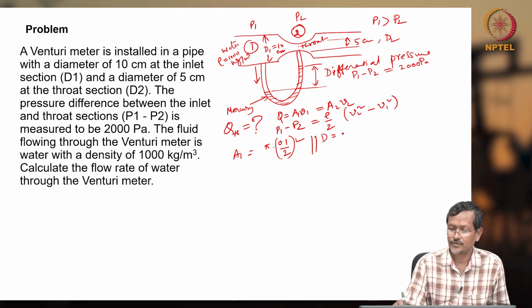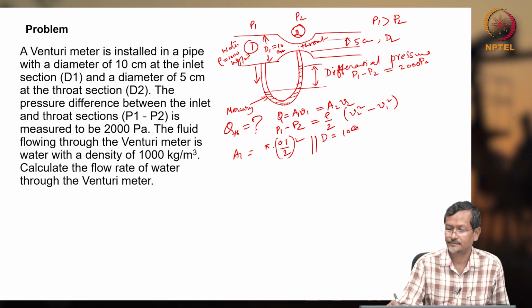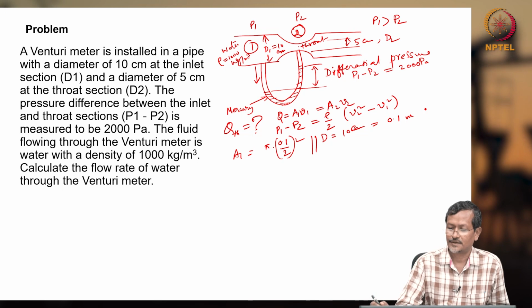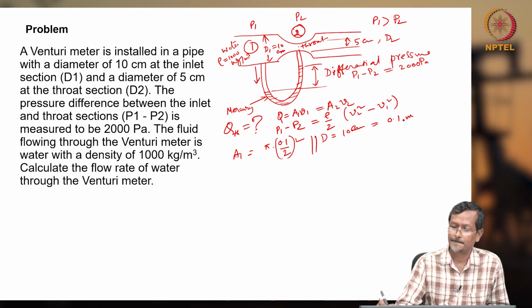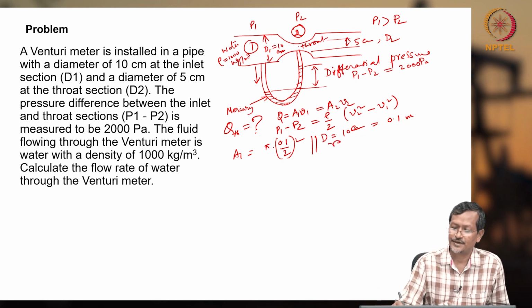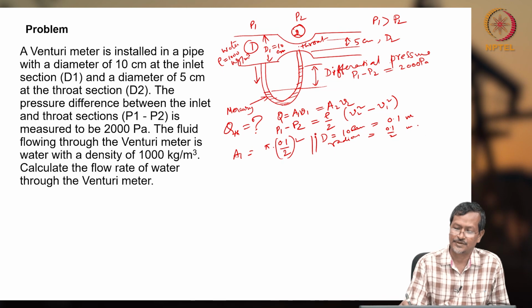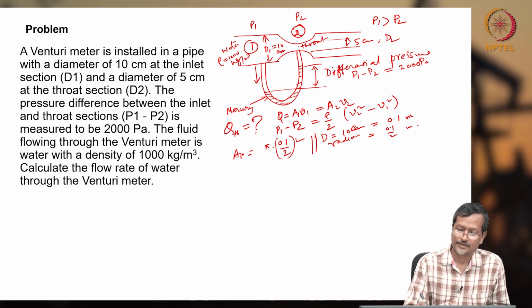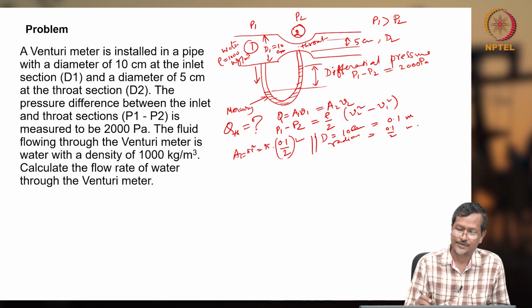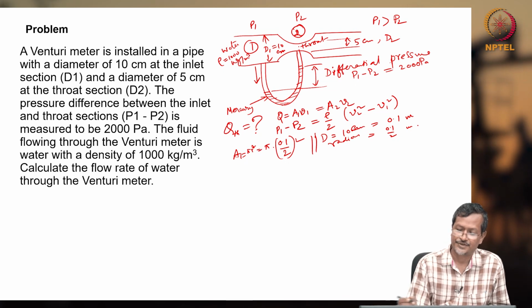Here d equals 10 centimeter, right? So 0.1 meter, so we are converting into meter. And this is diameter, so radius equals 0.1 divided by 2 meter. Okay, that I am using radius. Actually I should write pi r square, where r means radius,